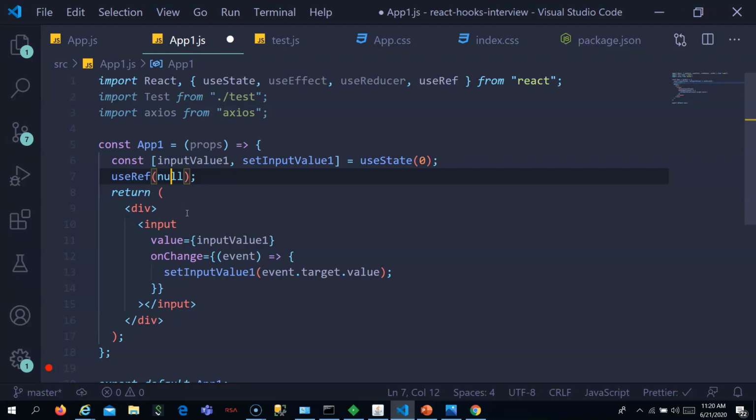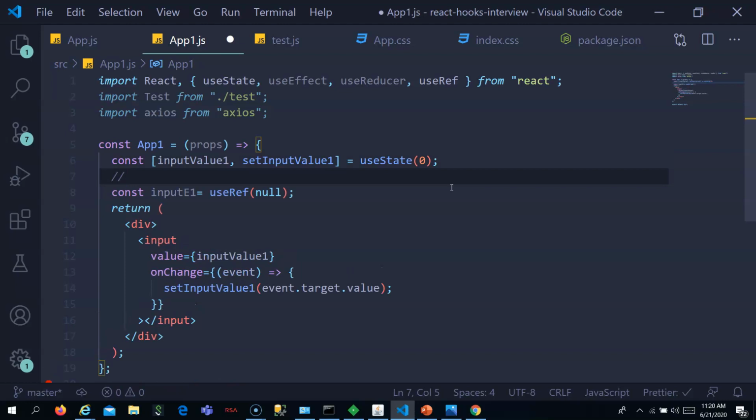As the definition says, this useRef will return a mutable reference object, which will live till the lifetime of the component. Just understand that. What useRef returns is a JavaScript object with the current value.